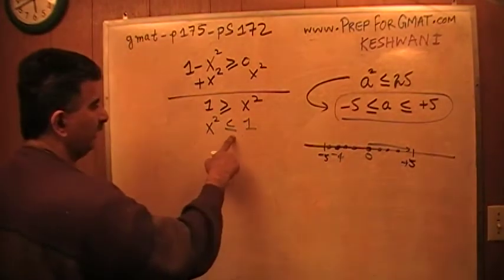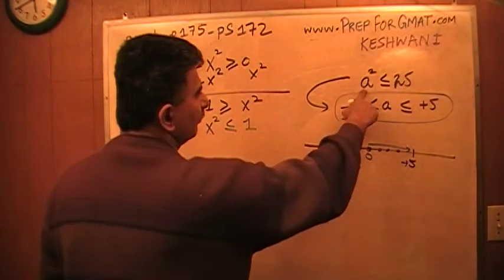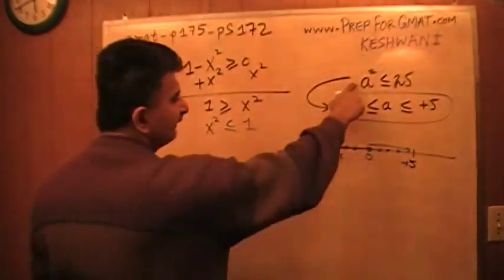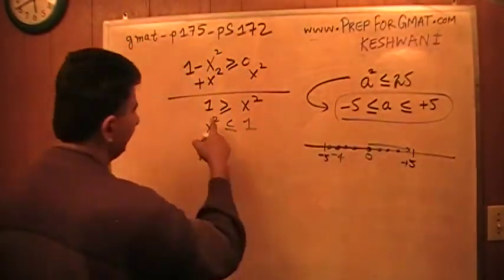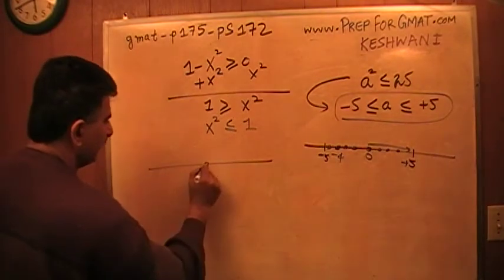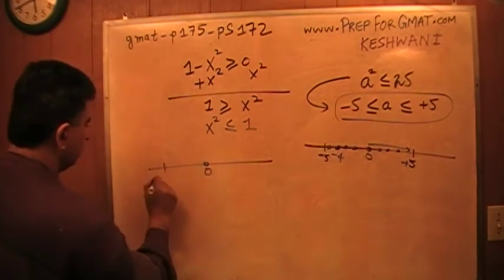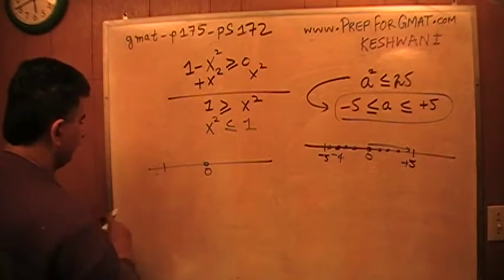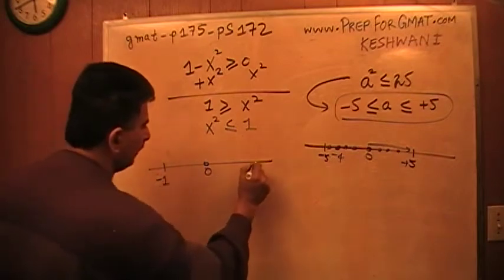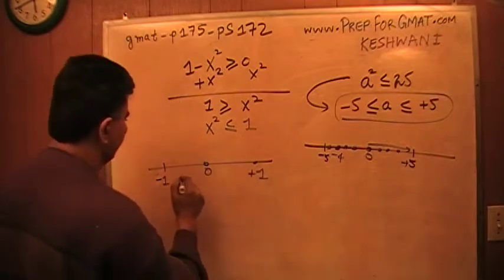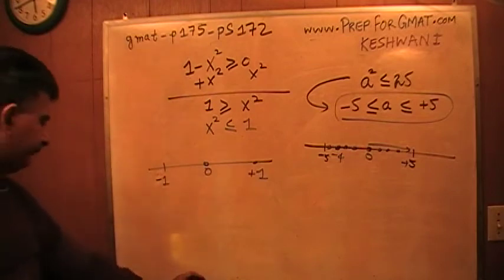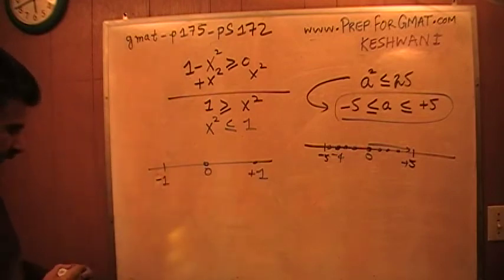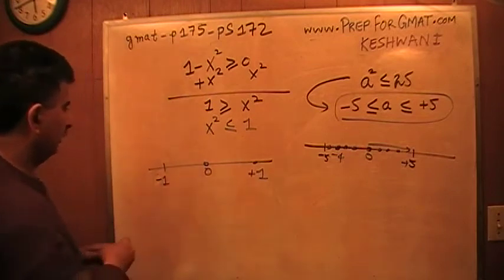You see, x squared is less than or equal to 1. A squared is less than or equal to 25. Since this thing is between negative 5 and positive 5, this x has to be between a negative 1 and a positive 1. That's the range of x. X has to fall